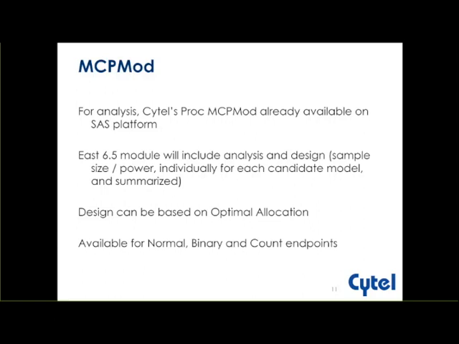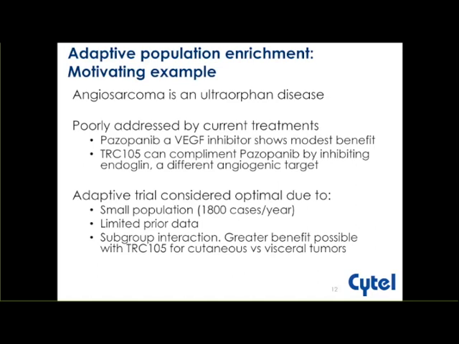So this is the first of the three enhancements that we have made to the software. The second one has to do with population enrichment, in particular adaptive population enrichment. I'm going to be using a motivating example for this, just to provide the setup for the method that's currently being implemented within East. Angiosarcoma is an ultra-orphan disease. It has been poorly addressed by current treatments. Pazopanib is a VEGF inhibitor that shows modest benefit, but TRC105 can actually complement pazopanib by inhibiting endoglin, which is